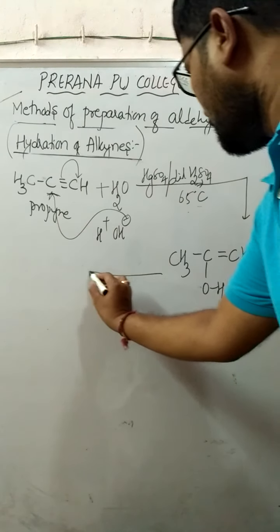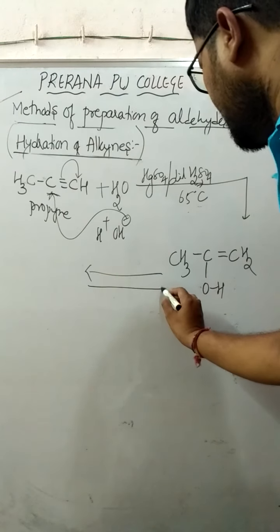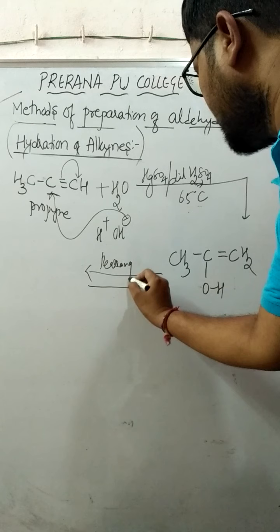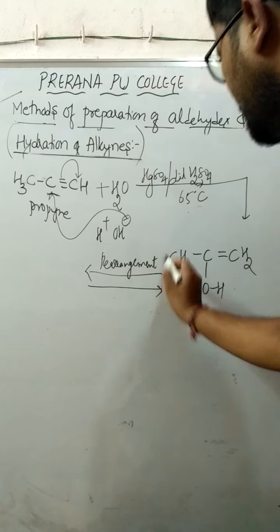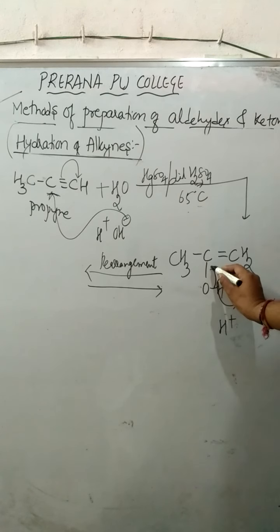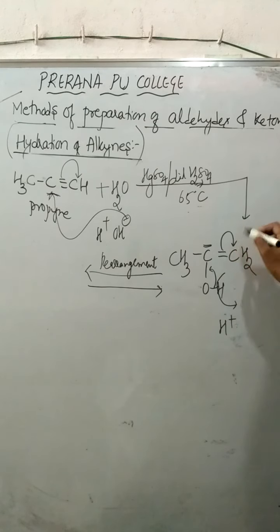This particular product which is obtained undergoes rearrangement. When it undergoes rearrangement, we are going to get ketone. So now a question comes, how the rearrangement takes place. This hydrogen gets eliminated as a proton, so that oxygen becomes negatively charged. Migration of electron takes place between carbon and oxygen, so that this carbon will become pentavalent, and shifting up of pi electrons takes place on carbon.